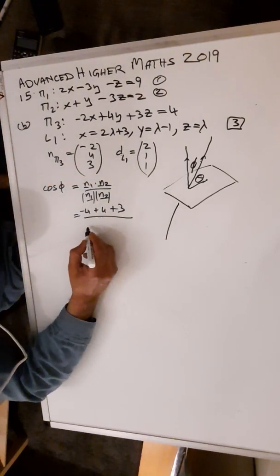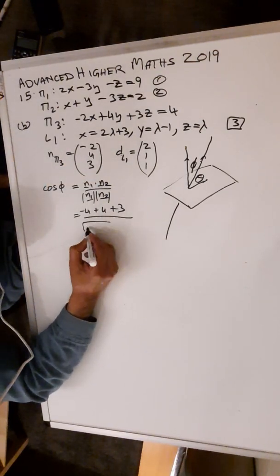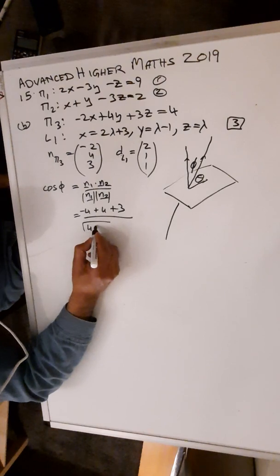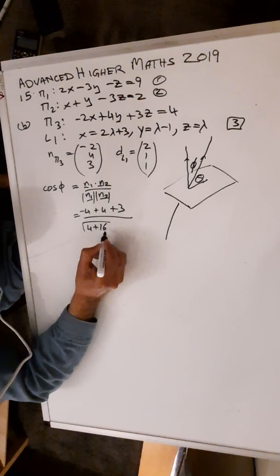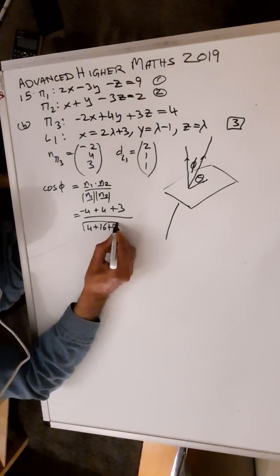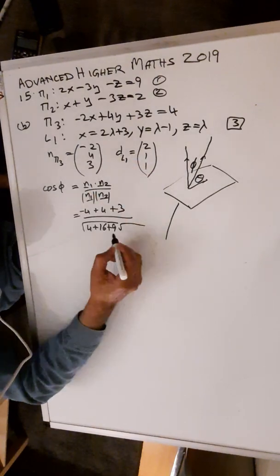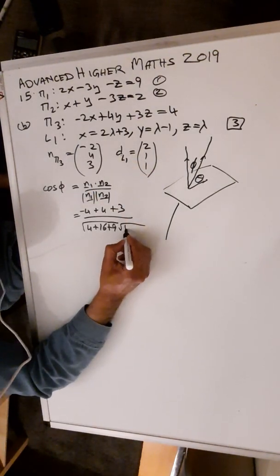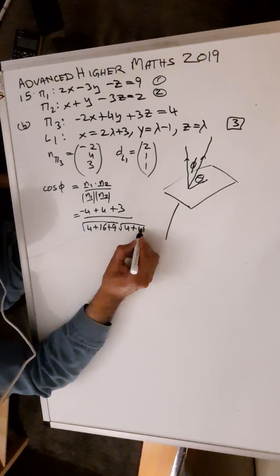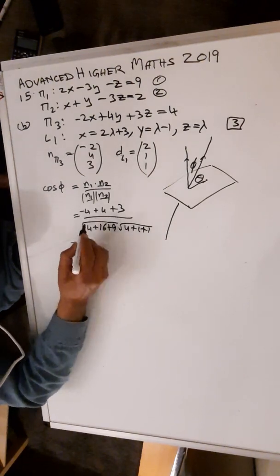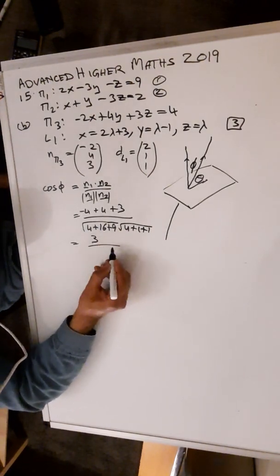You're just going to square each of these and add them together. Minus 2 squared is 4, 4 squared is 16, 3 squared is 9. And for the direction vector of the line, 2 squared is 4, 1 squared is 1, 1 squared is 1. So that's giving you a 3 in the numerator. Down here you've got root